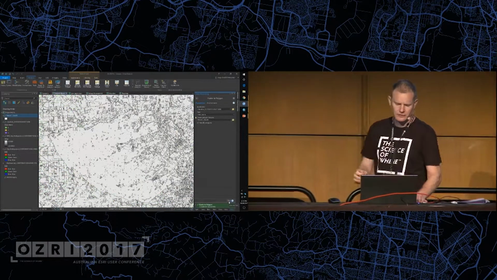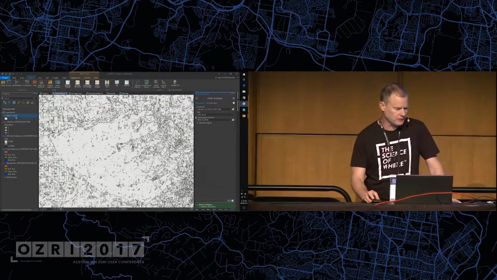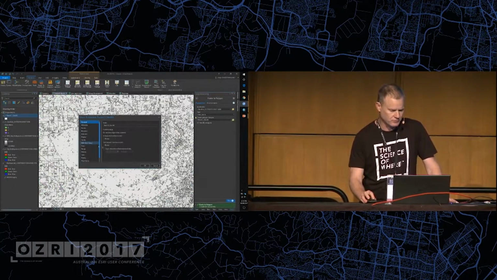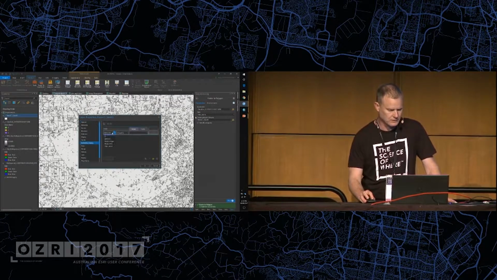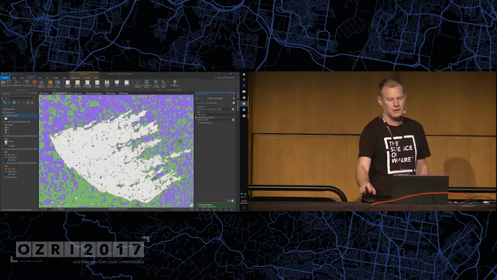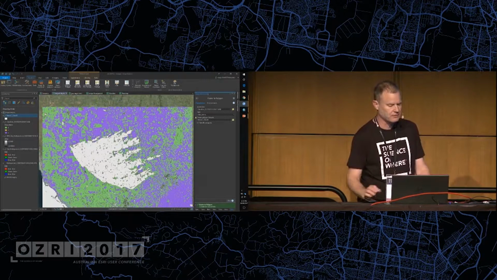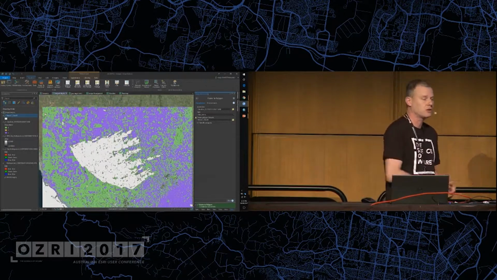The last thing I'd like to do is just to be able to visualize this, so we can go into this data set here, perform a definition query, and just say I want to see level 1 stuff, and let's go and view that. I've now got that as a vector data set that I can extract out and start to utilize in different